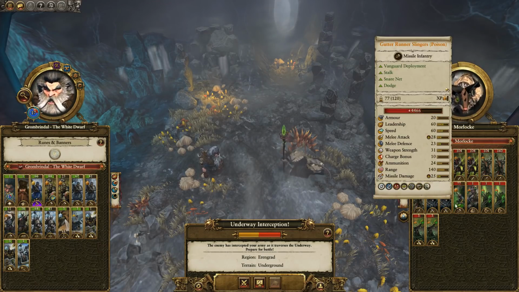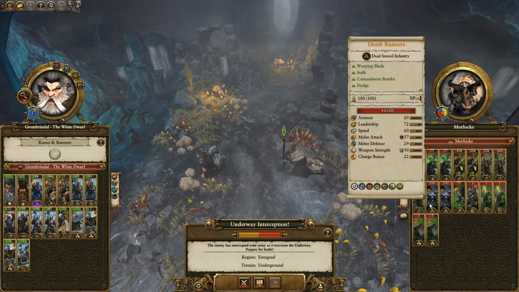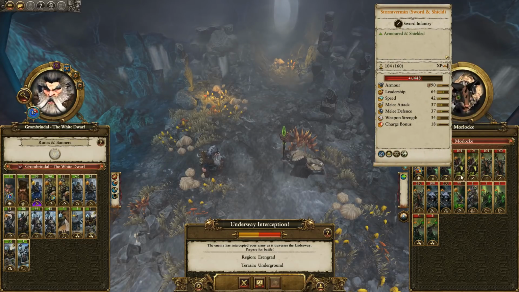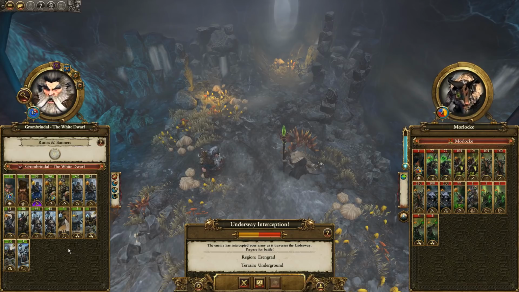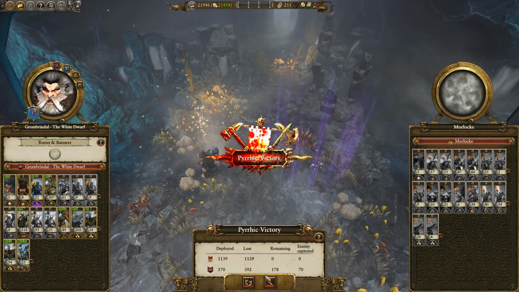So they have a Hell Pit Abomination, they have Gutter Runner Slingers, these Death Runners are terrifying in melee, they have 5 units of Storm Vermin, 2 of which are actually still at full health. We can't win this fight. We can't win this fight, and I think that the auto-resolve is probably going to kill more of them than I would kill manually because we're heavier on range than they are, so I'm going to hit auto-resolve here, and,